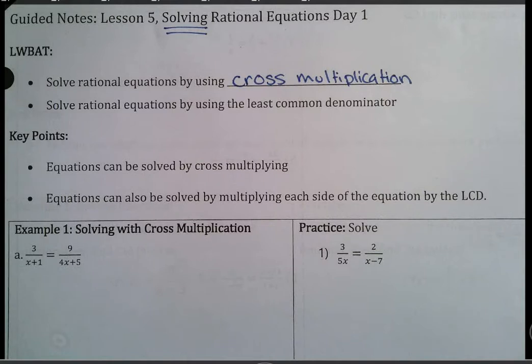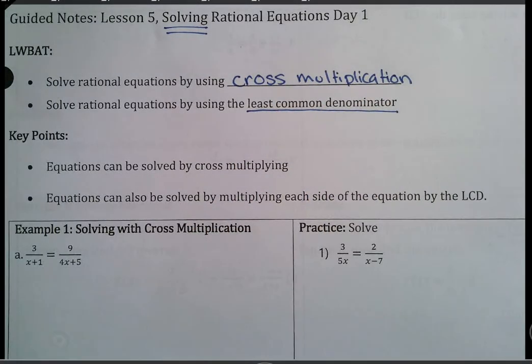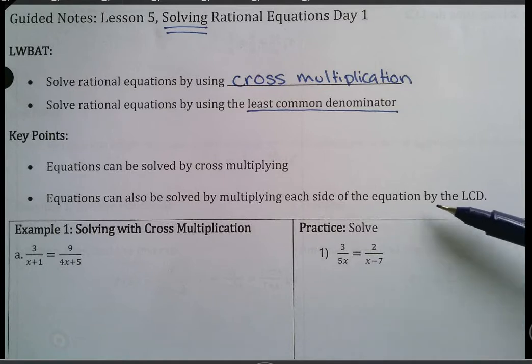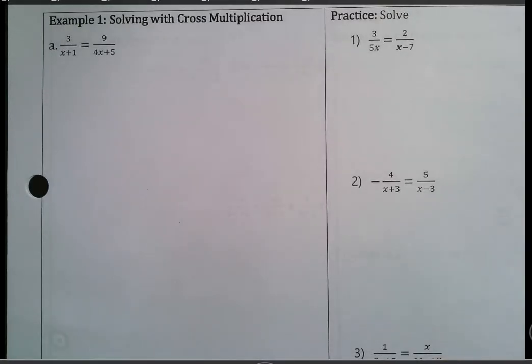And then we'll also look at using that least common denominator. So these are two ways of solving. That's what the key points say. It's like saying, hey, you can solve using this, hey, you can solve using that. So example 1 says, if you're solving with cross multiplication, what you're going to do here is you're just going